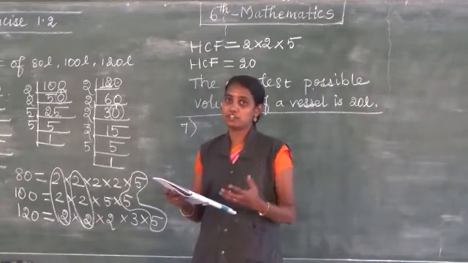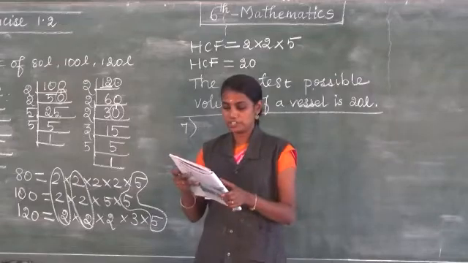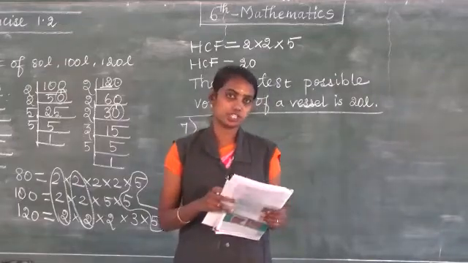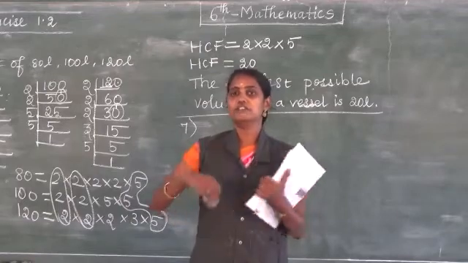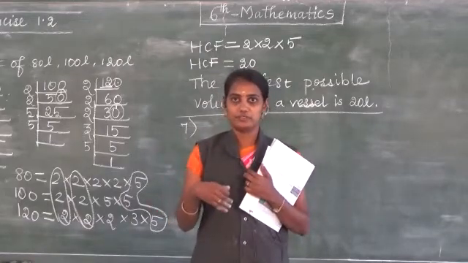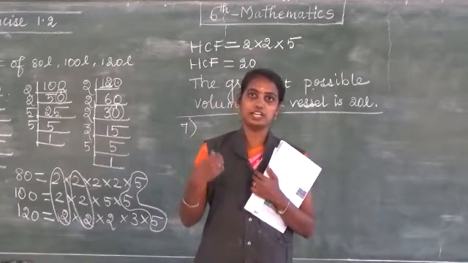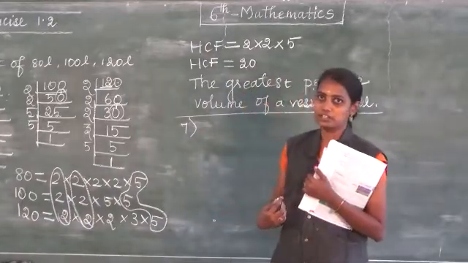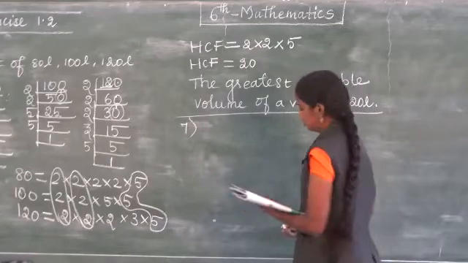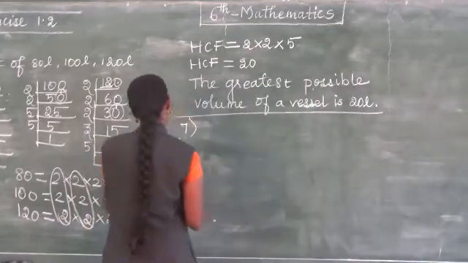Okay, the lights change after every 40, 60, 72 seconds. So the minimum time, you have to find out when it will change again after 8 a.m. So we are going to find the LCM. So the given is